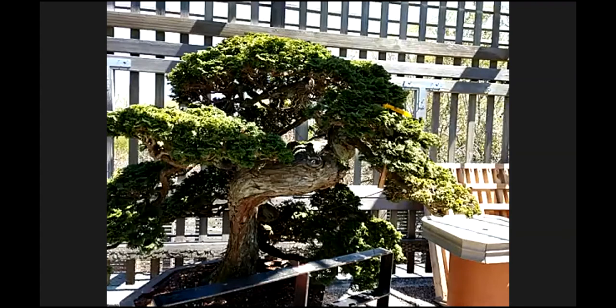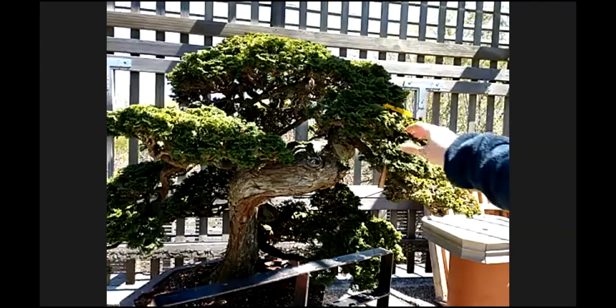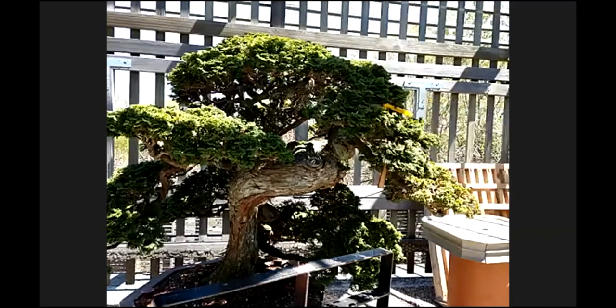All of the Chamaecyparis, these evergreens that we got from Anderson in our collection, were originally shaped in what was called the Mount Fuji style, and they were supposed to represent Mount Fuji. It's believed that they were at one point kept in Shinto temples until the turn of the 20th century,